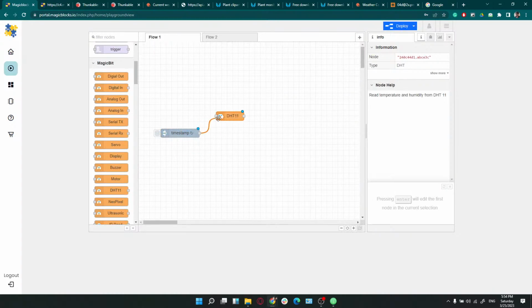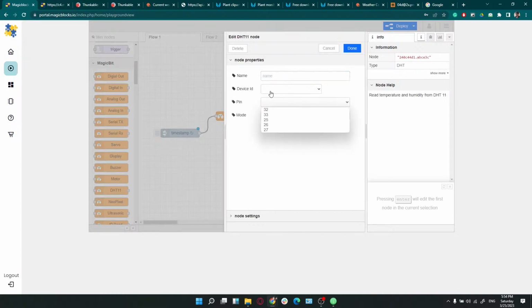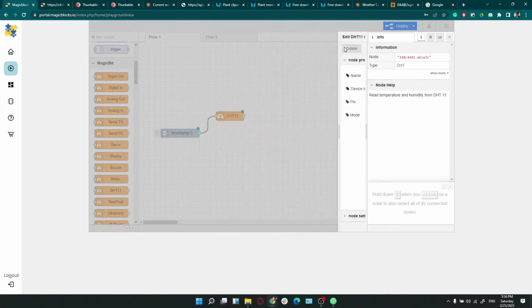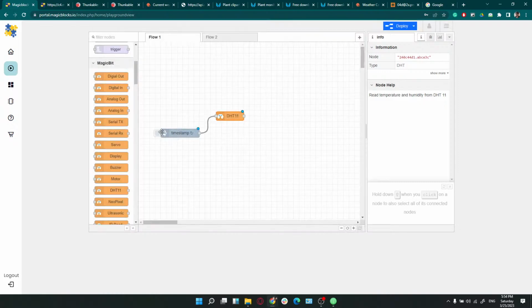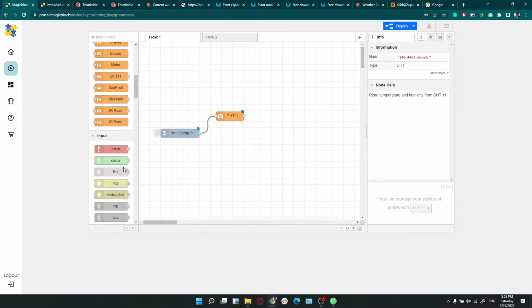The DHT11 sensor has three options. Here you have to give the device and the pin correctly. So you have to give the device name and the pin name here, and there are some other properties as well. This one we are going to be measuring temperature and humidity both, right? So that is how we are going to configure it, and then we are going to directly send it to